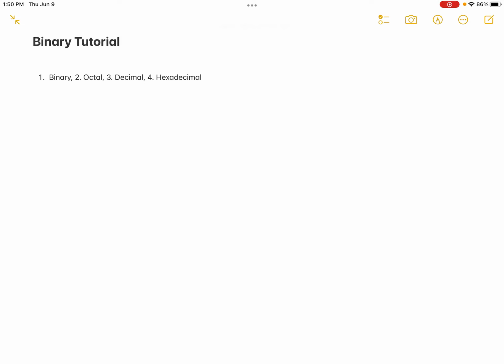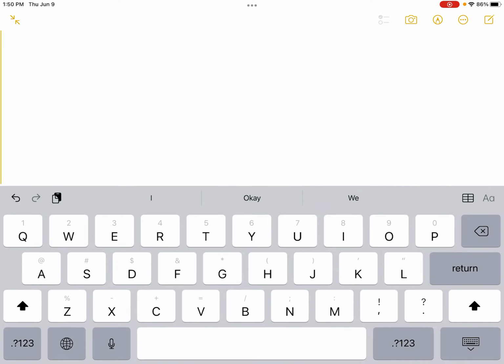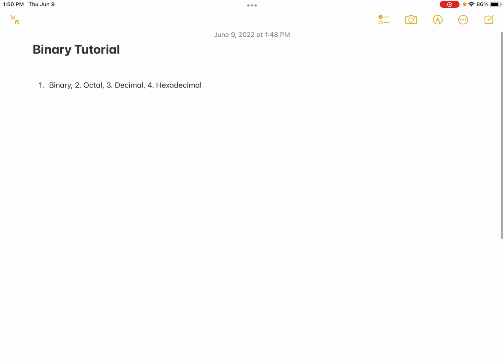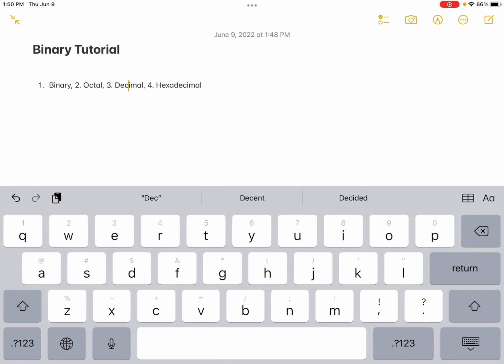So what is number system? Number system is a system in mathematics that's used to express numbers in various form. It's also called system of numerations. There are maybe many number systems, but basically we use binary, octal, decimal, and hexadecimal. And in everyday use we use the decimal one, and all the others, binary, octal, hexadecimal, are related